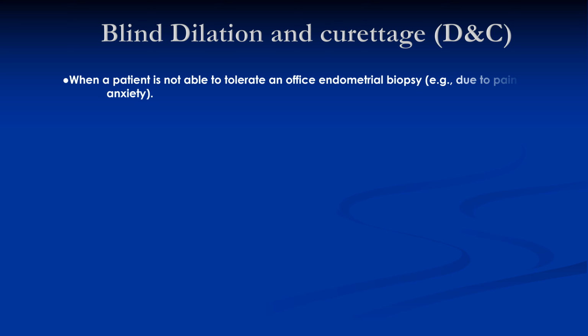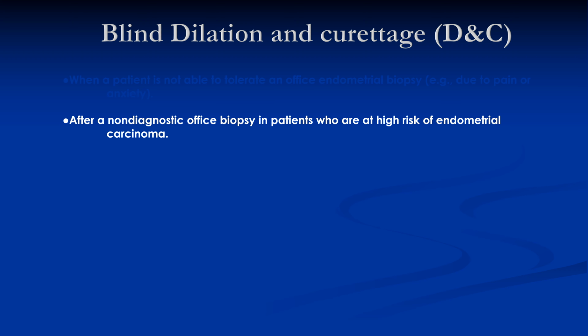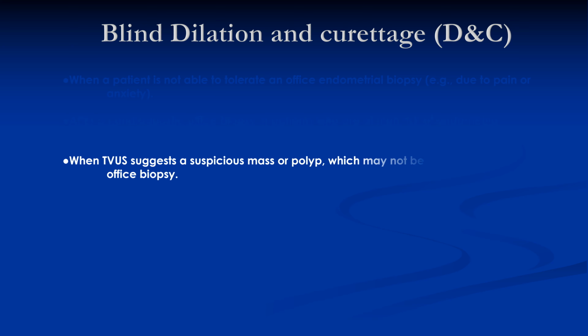Indications are similar to the indications of hysteroscopy. The indications include but are not limited to: when a patient is not able to tolerate an office endometrial biopsy due to pain or anxiety, after a non-diagnostic office biopsy in patients who are at risk of endometrial carcinoma, when transvaginal ultrasound suggests a suspicious mass or polyp which may not be adequately sampled by office biopsy,